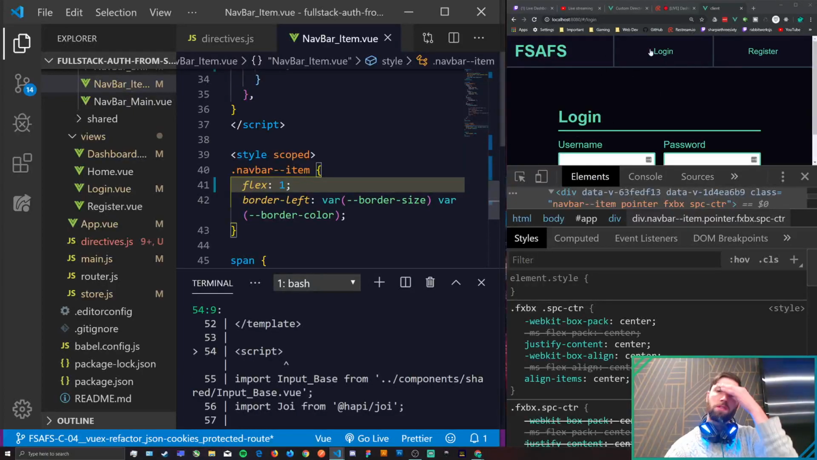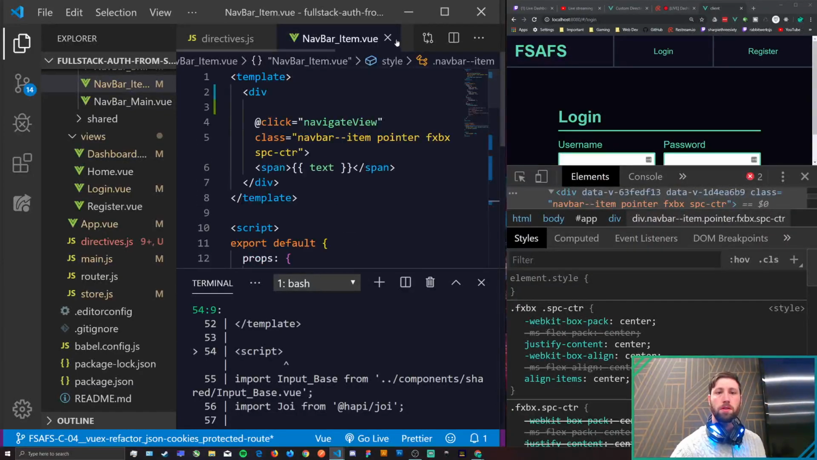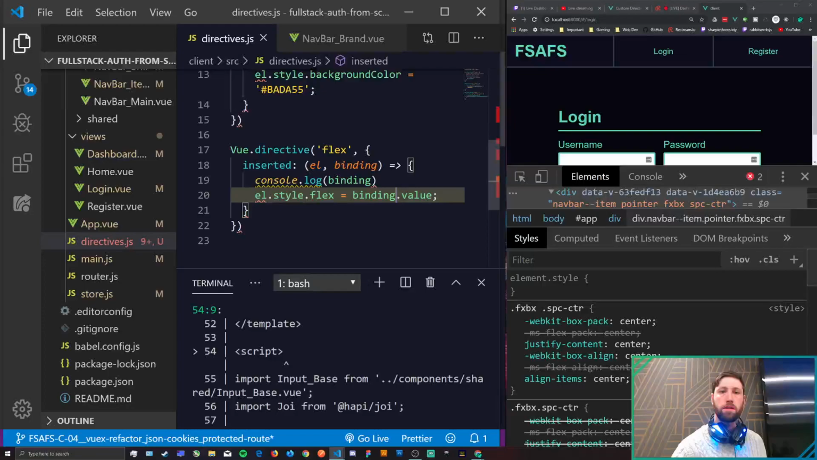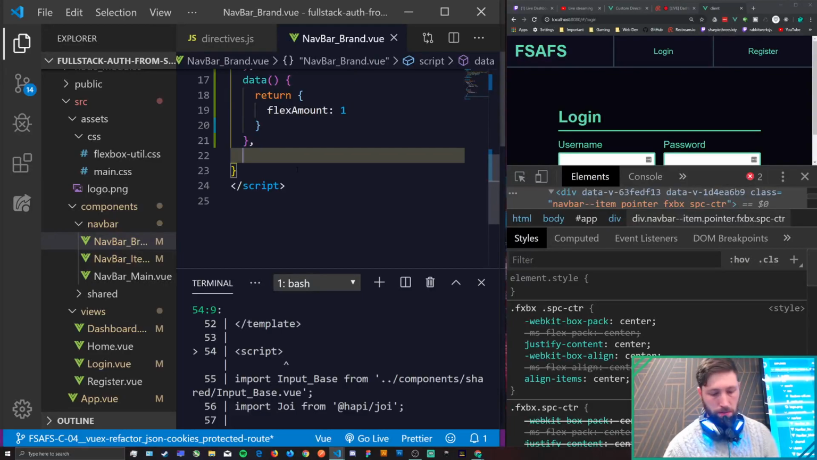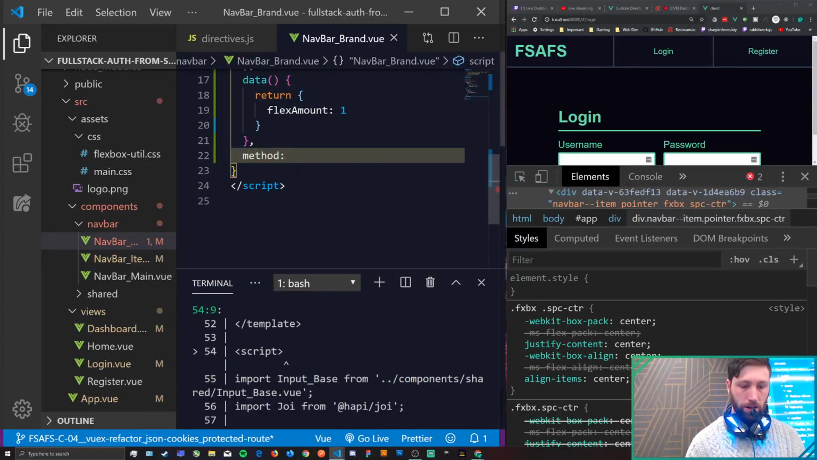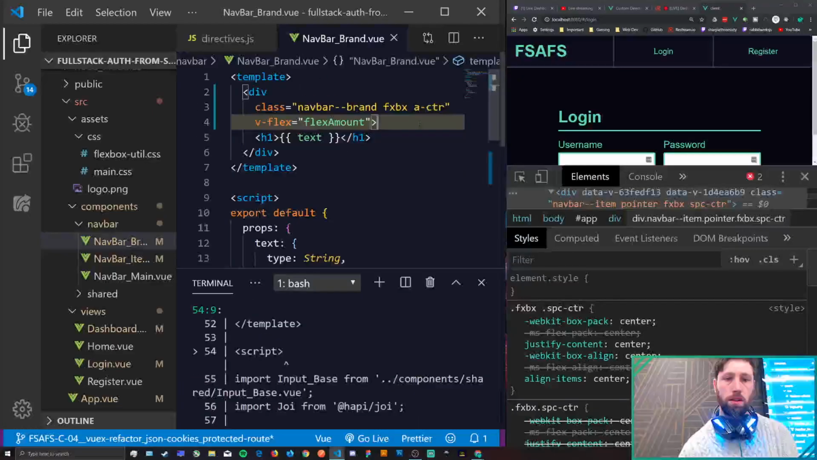Okay, so now all these are flex items. You can see they take up all the same available space. But if we go back to our brand, flex amount is a value that is stored in our data property. Let's write a quick method that we can increase that based on a click. Actually, we don't write a method. Let's do it in. So say